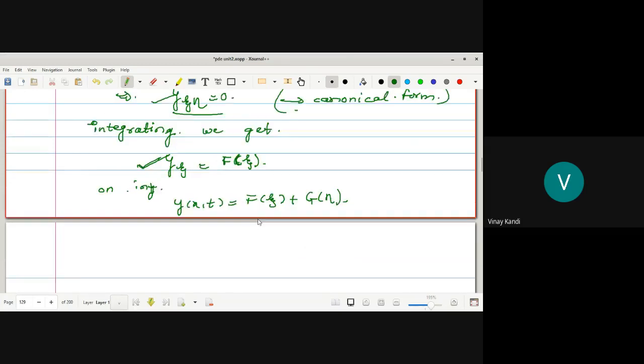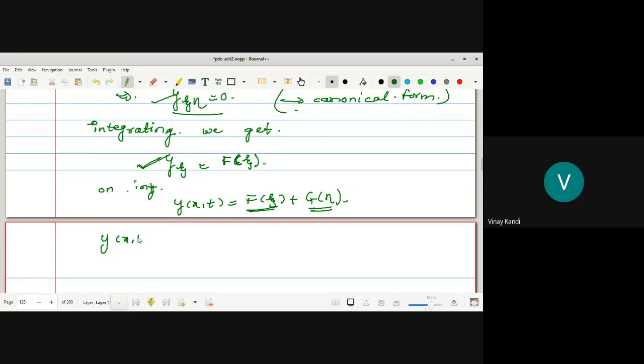Okay, now using the first initial condition, okay, equation 2 and 3 we have to find the value of f of xi and g of eta. हे दोन फंक्शन आपल्याला फाइंड आउट करायचे. Okay, what is the function value of xi and eta? Now putting the value of xi and eta we get